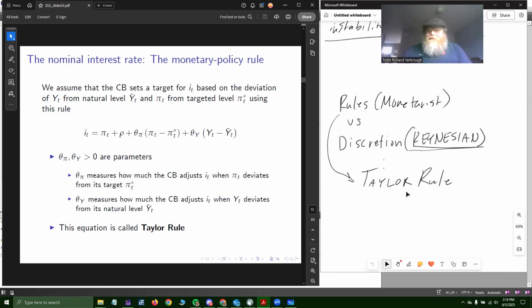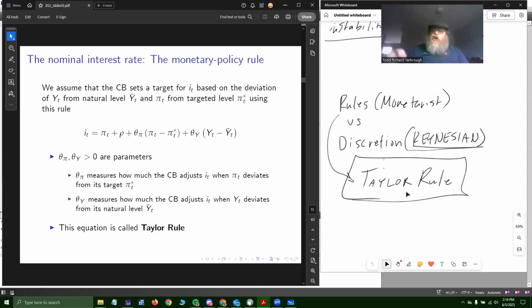Now, the nice thing about this, from our perspective, is that building a rule is very simple ultimately and makes the dynamic ASAD model work pretty well. And by the way, we can always change our assumptions about the rule. So what it enables us to do is actually model monetary policy. In other words, what's going to happen in the model now is that monetary policy is going to react to dynamic changes showing up in other parts of the economy, because ultimately we're going to have this Taylor rule,